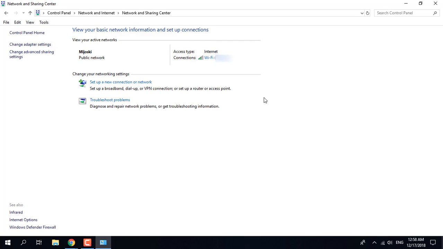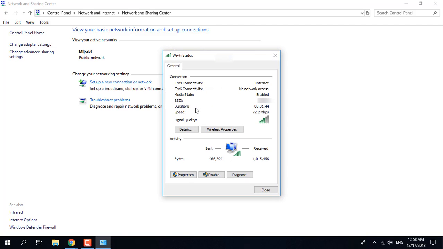Now what you want to do is just click on your connection. For me it is Wi-Fi, for you it may be local area connection, local area network, Ethernet, etc. So just click on it. Now click on properties,